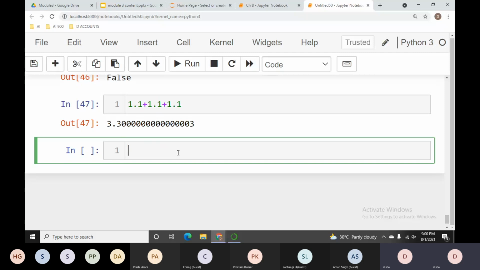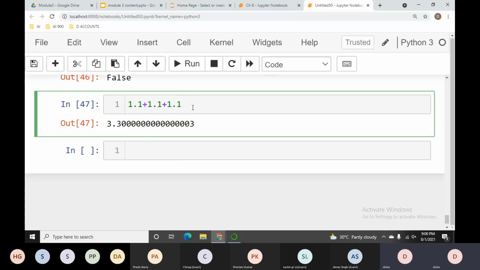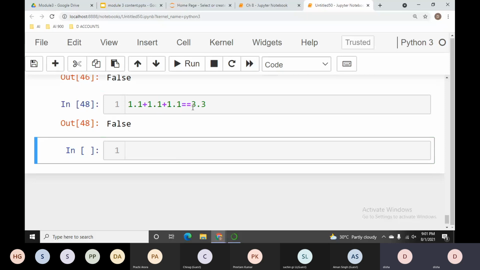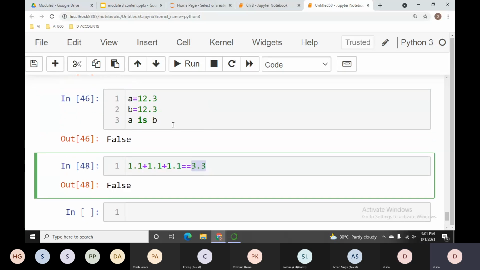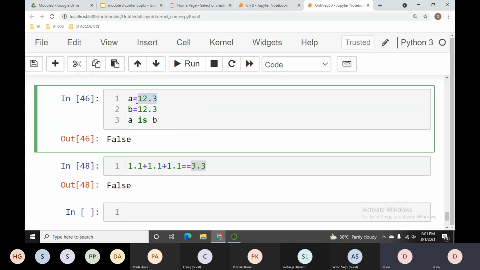So I cannot say that this is equal to 3.3, because the result of this number is different. Both the same float numbers are in different memory addresses. When I compare these IDs, they are not equal. That's why we got the result false.